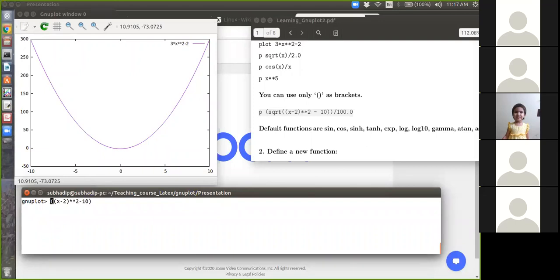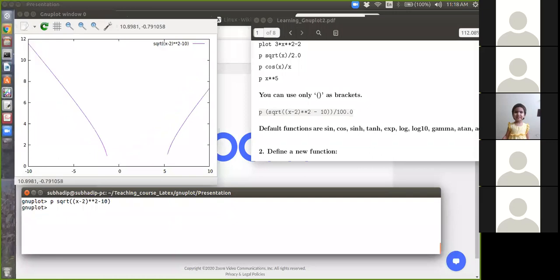So this is SQRT, square root of this. Let's see what this is. Okay, I forgot the plot command. So P space this thing and press enter. Okay, there is a divergence. You can see the argument cannot be negative. So in this region, the argument becomes negative. Okay, so this is not showing anything.